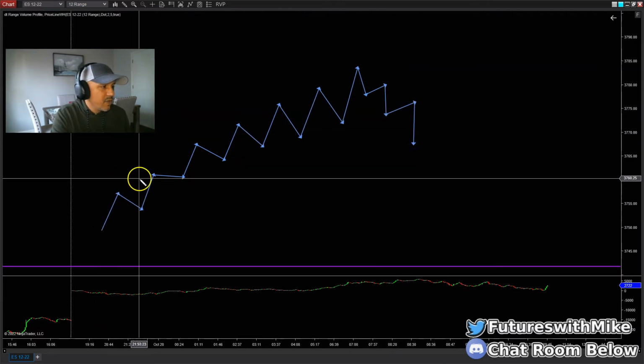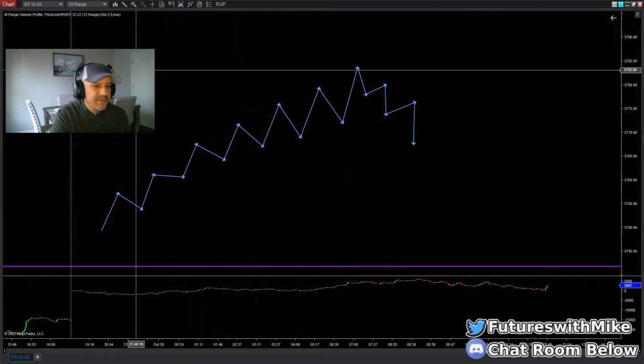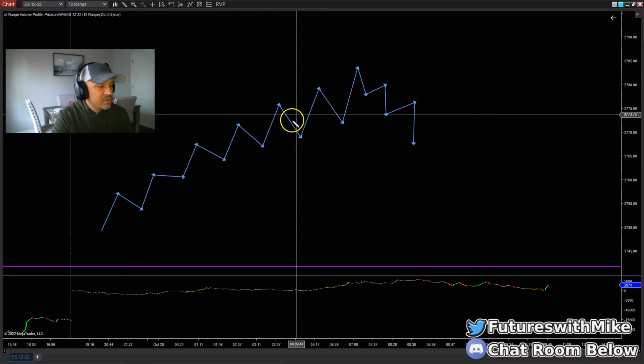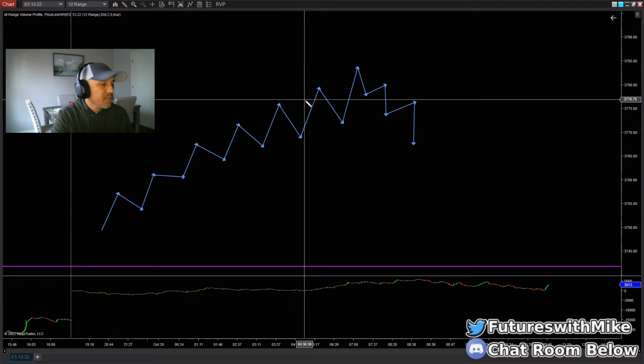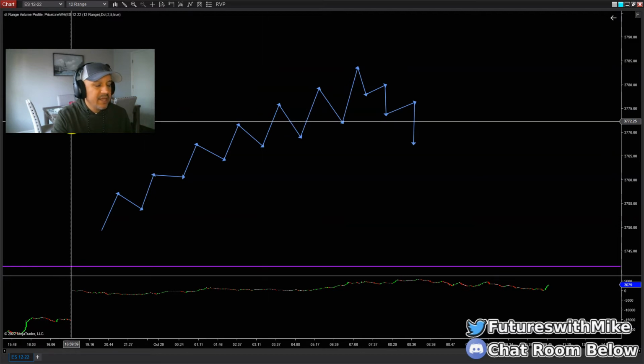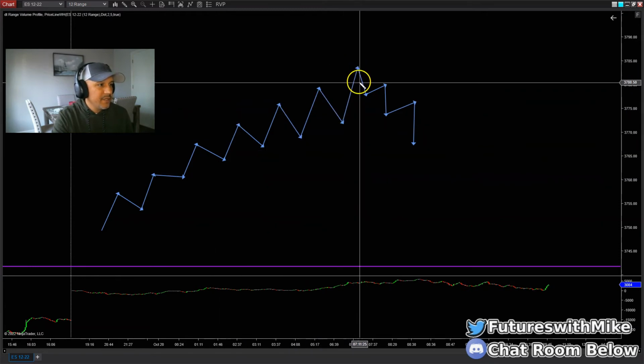So what it's done here is make runs to the upside, making higher highs and higher lows. Then it pivots, it hits an area of structure somewhere to the left-hand side of your chart. And I always say you have to pay attention to what's going on on the left-hand side of your chart as well. Even though you see the movements going on here, price action creating structure here on the chart, you have to understand what's going on to the left-hand side of your chart. So scroll back to see if there are any areas where, when price gets to them, it's going to pause and possibly reject, and then maybe look for an opportunity to take a trade. But price makes higher highs and higher lows, creating structure, and then it turns around.